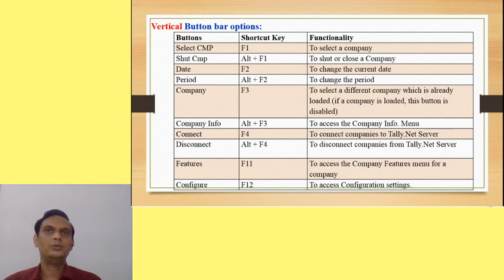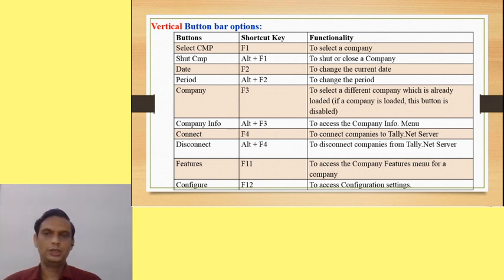Just like when we work on any document, after working we close it with the close button. In the same way, the file is still available on our computer system. Whenever we need that file, we can open it. Same way, shut a company means just close a company, and when we want to retrieve that company, we can access it by select company.